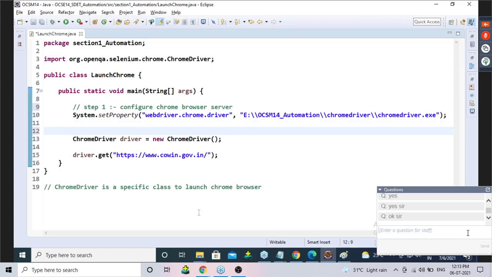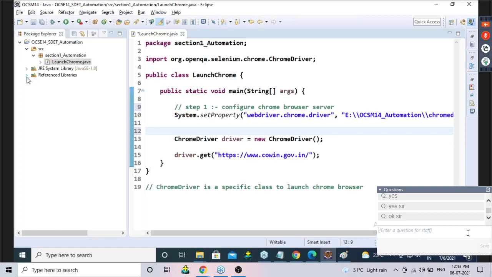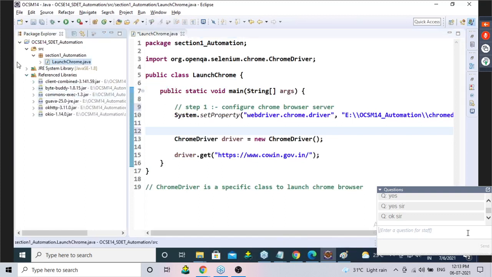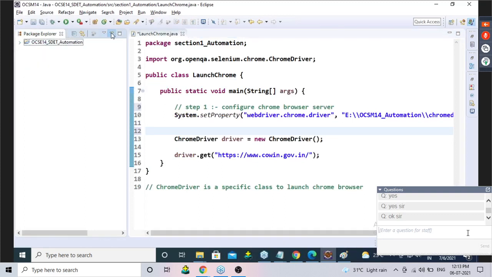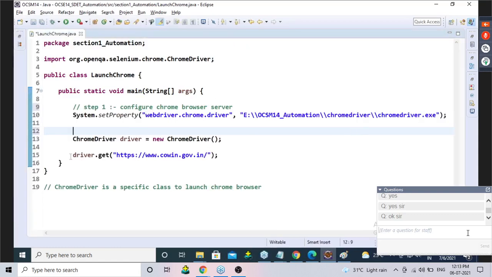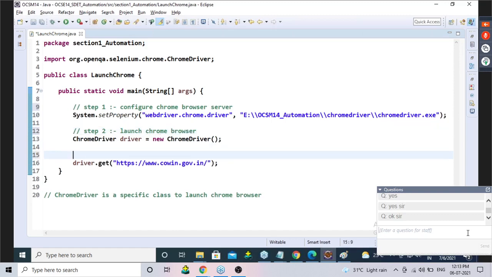That is the internal structure. We cannot see it. In the WebDriver library, in this jar that we added, that is by default available there. Okay. So now step 2 is launch the Chrome browser. And the last step is open the application.